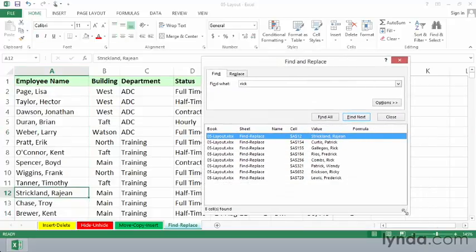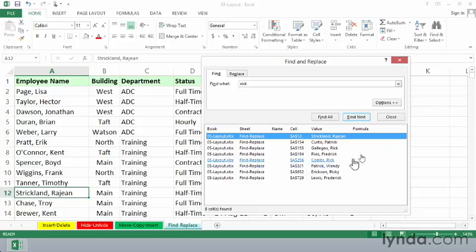And we might be a little bit surprised here. It found Rick in places we didn't exactly think of, like in Patrick or in Strickland, and of course RICK is in all these locations. With a short enough list, maybe we found the person we were looking for, or we found the records. Now, for those of you who are familiar with the filtering capability, that might be a better way to do this, but if you're in a relative hurry and you simply want to see if something exists, the Find feature